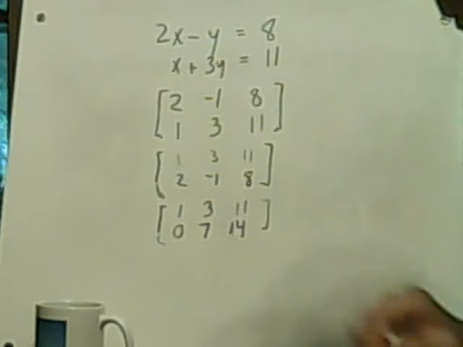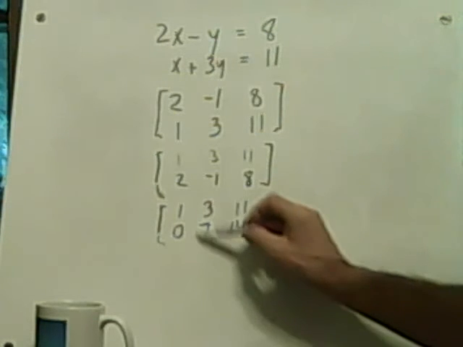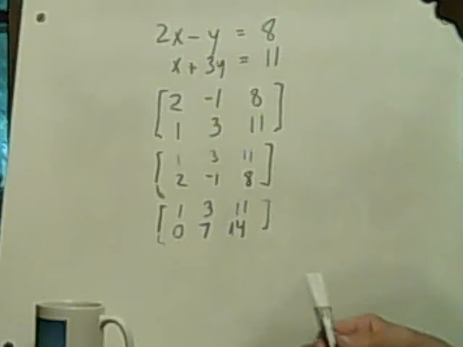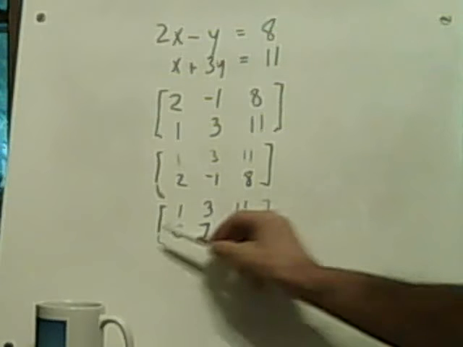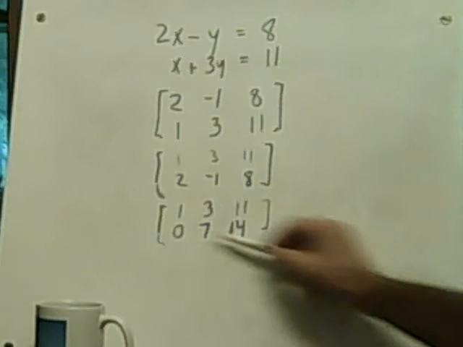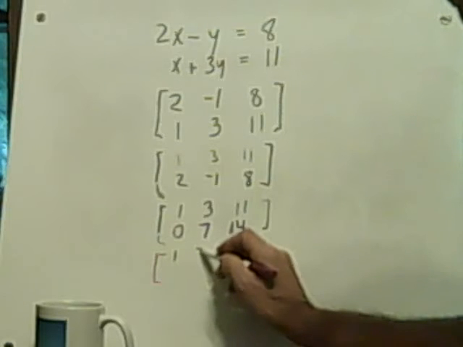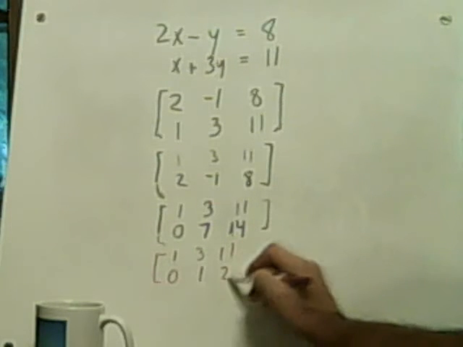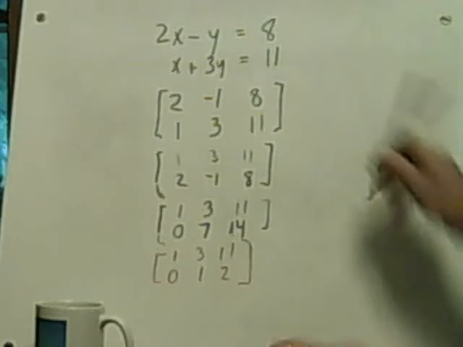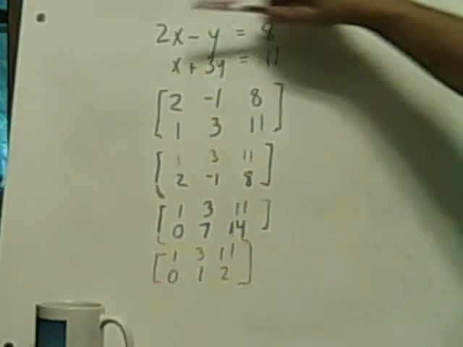Now the next step is I have to turn this one into a 1 by only doing the so-called valid operations. In this case, I'm going to multiply the second row by a half. And that's going to give 0, 1, and 2. Now the idea is, all of these manipulations are now equivalent to if I had simply